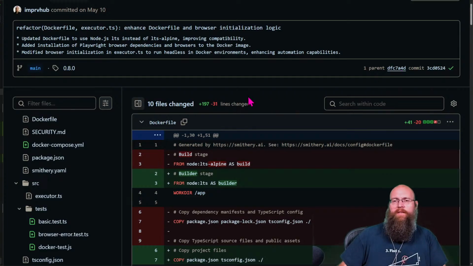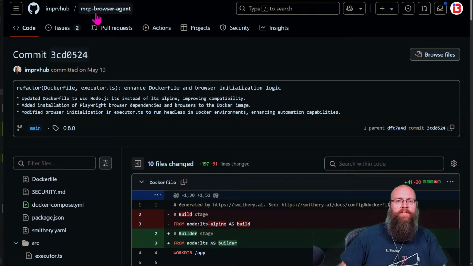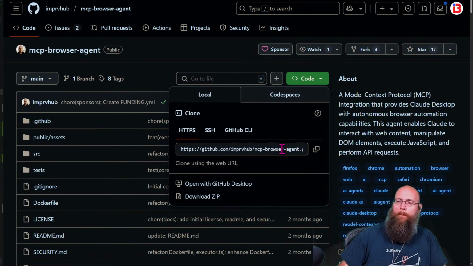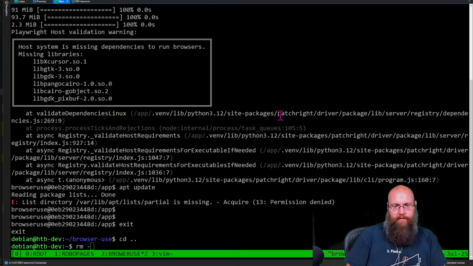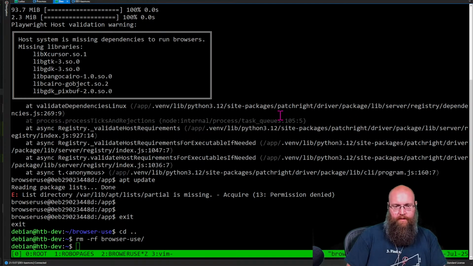Copy the commit ID here. Well, actually, I'll need the commit ID in just a second. Let's go clone this out real fast and go take a look at it. All right, exit. Browser use, you're dead to me. You're breaking my heart. Then let's do